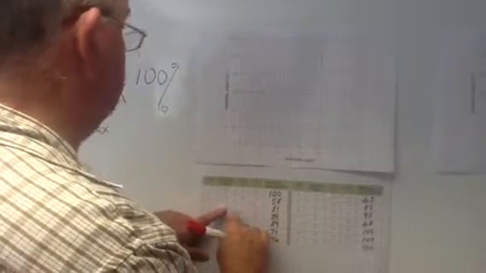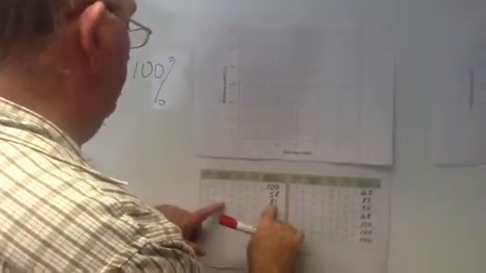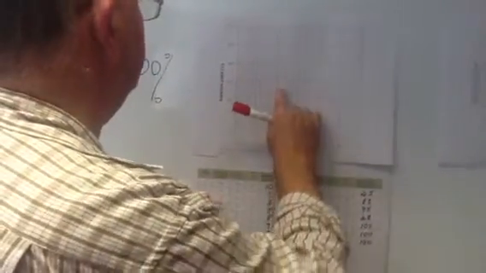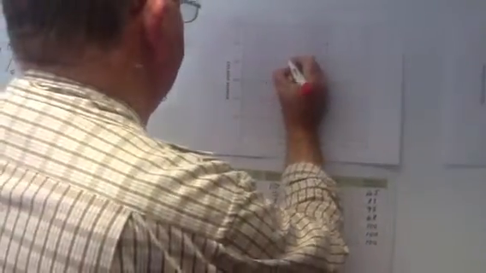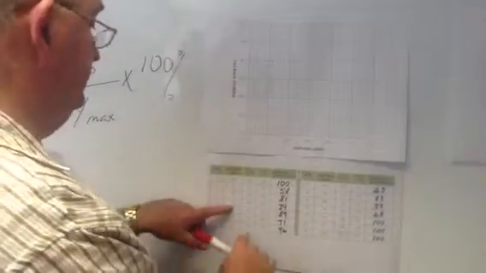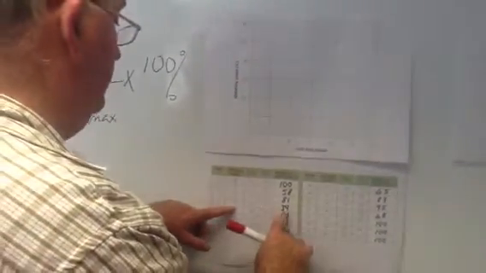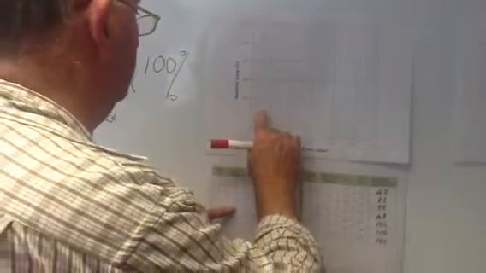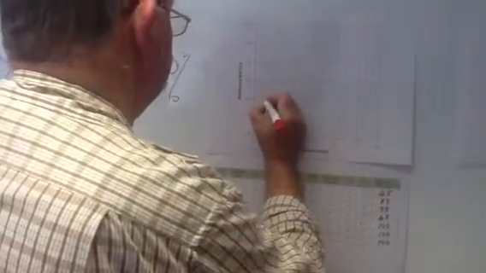Site 3, soil test value of 11 and relative yield of 81, so 11, 81. And for site 4, the lowest nutrient value of 3 and a relative yield of 39. Okay, so you can start to see the curve developing, and if I plot all those 14 points, this is